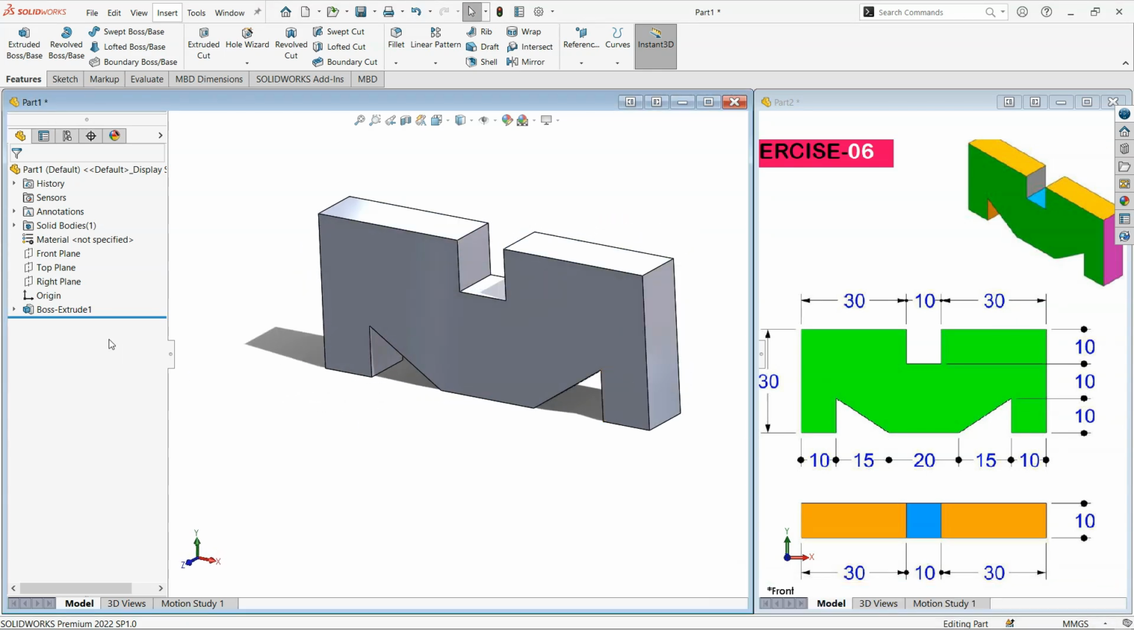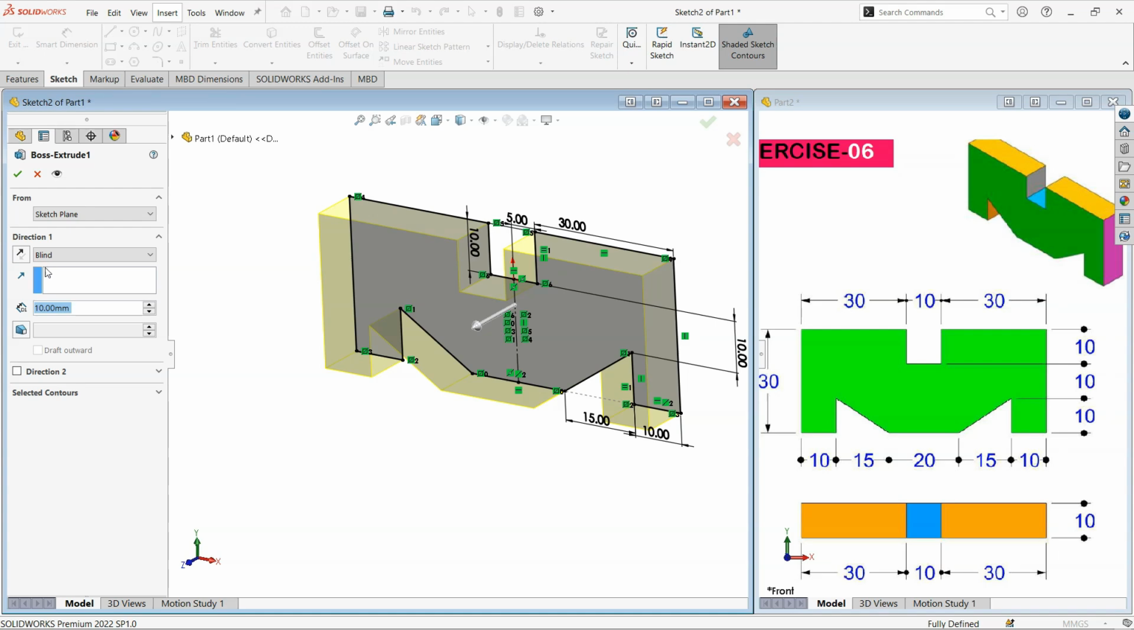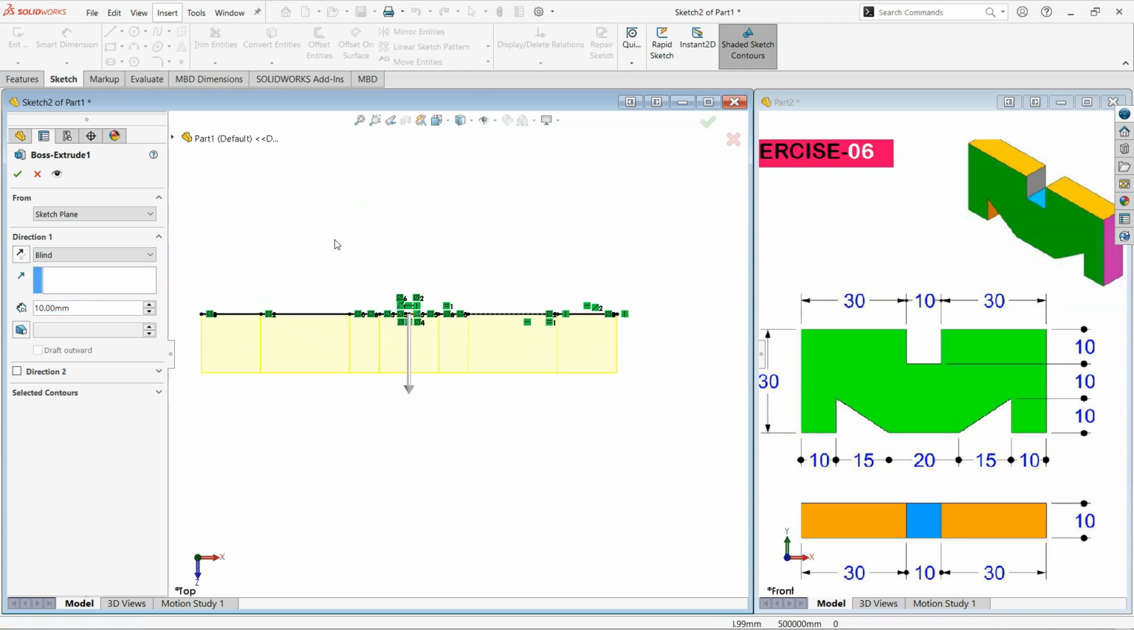So let me show you some other things in boss extrude. While doing boss extrude, the default setting is blind and we can change the direction by clicking on this. Currently let me select the top plane first, and we are in the top plane. Now this arrow shows the direction from the sketch is to the front, but if we do reverse, the direction will reverse. But if we want half of it to go backward and half of it to go forward,